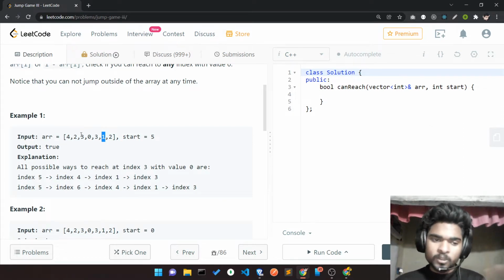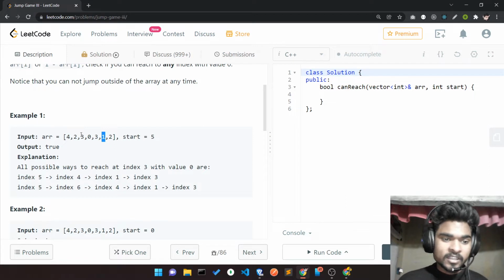And here I observe one thing: it's kind of a BFS traversal. I have one possible way, either I move here or here, but after that when I reach here, I have two more options, and here I also have two more options.